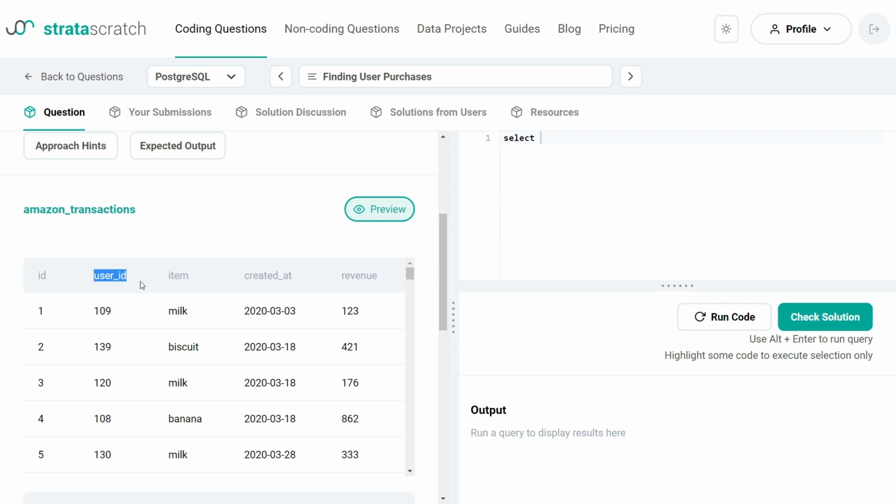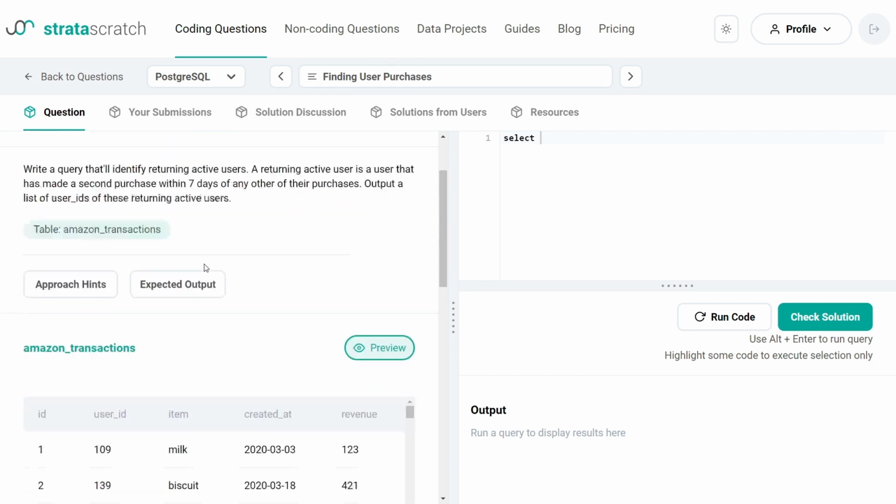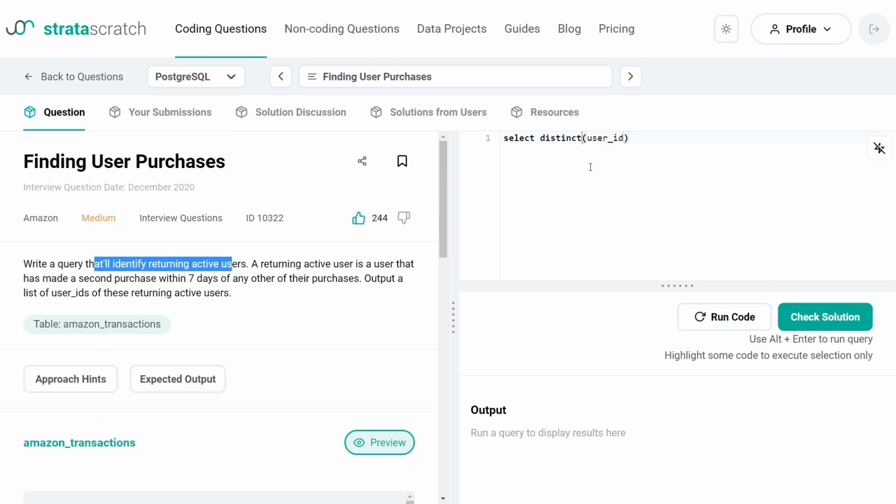Here we have the ID, user ID, item, created at and revenue. The question asks for the user ID, so I will show user ID here. We need those kinds of repeating customers who follow these conditions. Okay, so from this table,